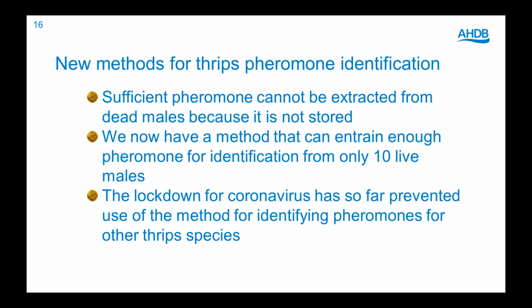Now we managed to get there at the end of the 4 months, but because it was the middle of winter, we couldn't easily get thrips then. So we have a colleague in Hungary, and unfortunately he started to be locked down just when he was about to send the specimens. We managed to get some specimens. They've reached me, I've got them in my freezer, but we can't analyze them yet because our